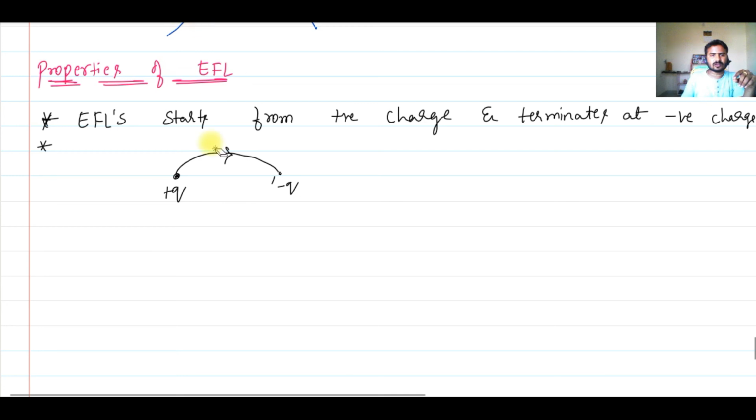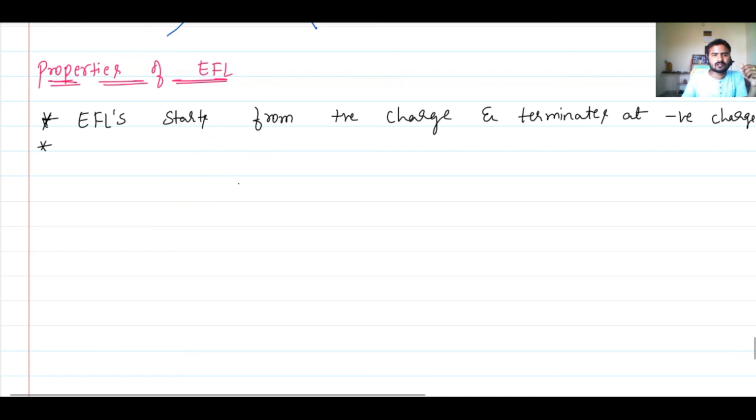Then you might be saying, sir, you are drawing one more arrow mark, one more curve like this, then don't you say this is a loop? Yeah, that will be a loop if you are able to start at the same point and come back to the same point along the arrow, but here you are coming in the opposite direction of the arrow, so that's not a loop. Okay, so electrical field lines never form a loop.